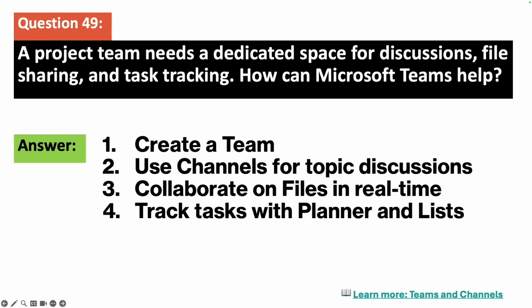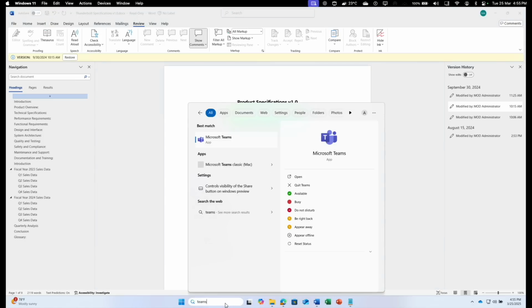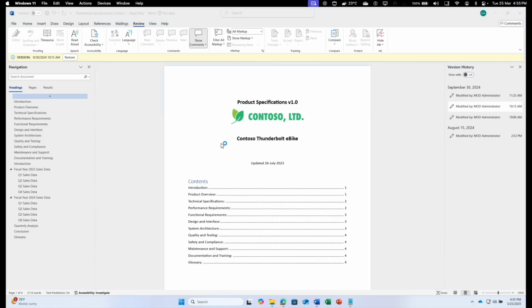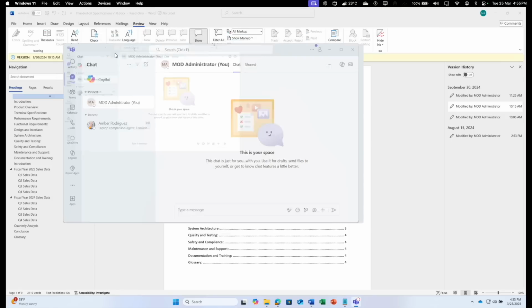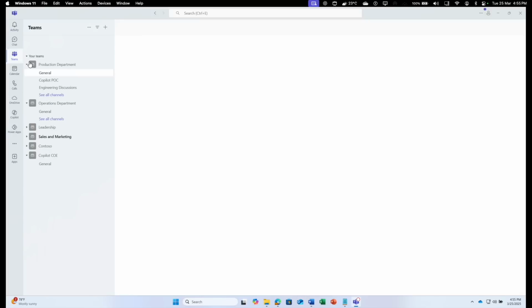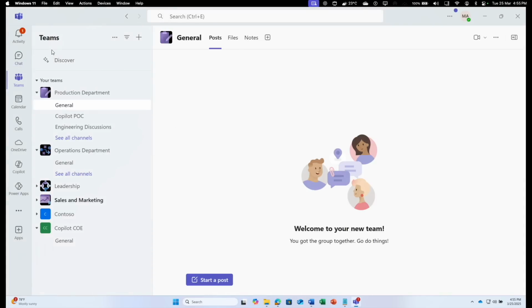So let me first go to my lab. If I go to my lab and open Teams, launch the Teams app, sign in with your organizational ID. So when you go under Teams, you can see that on the left hand side. All right, so I just expanded it. So when you click on Teams, you can see that there